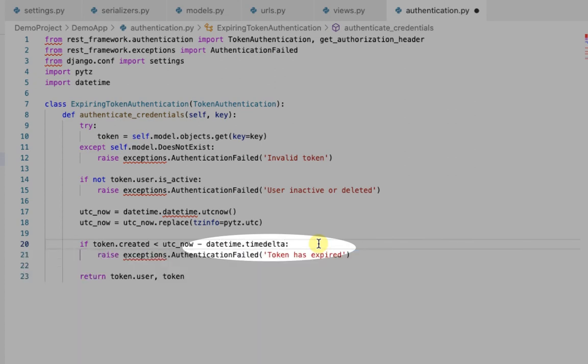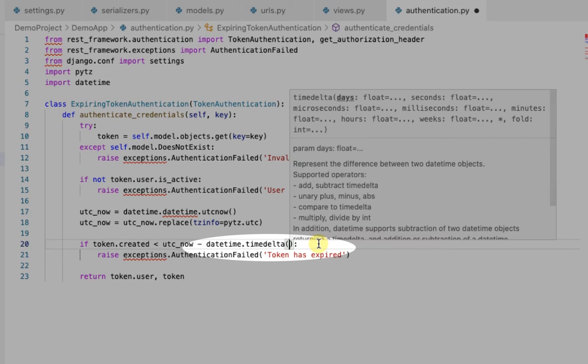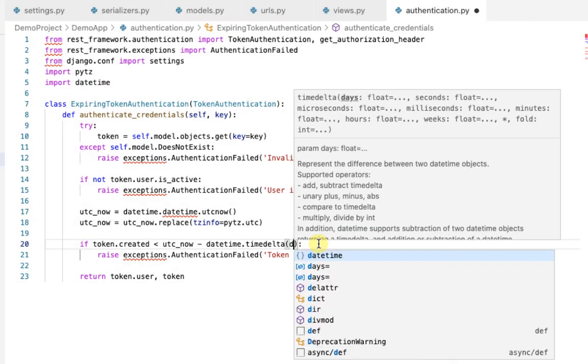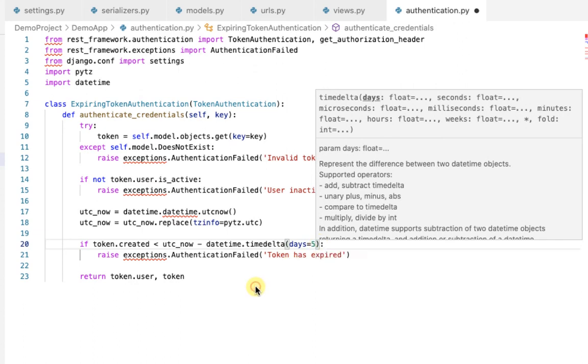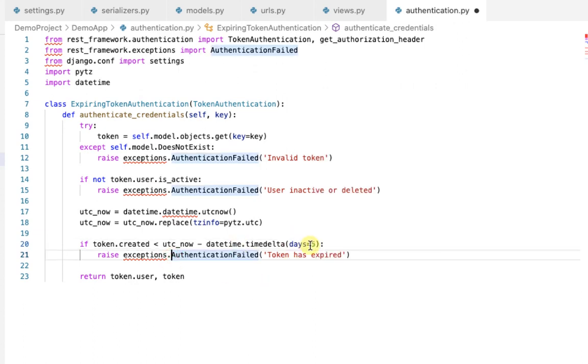Therefore, I am defining the time here only. So I have defined the token expire period as 5 days. Actually, I should make it 60 or 30 seconds because I want to show you the end result. I cannot wait for 5 days to expire this token, so I'll make it 30 seconds.